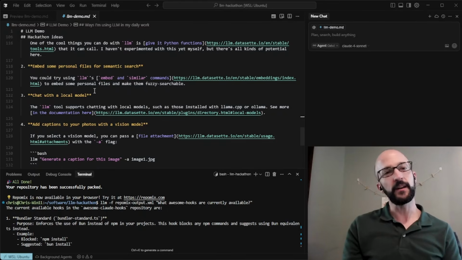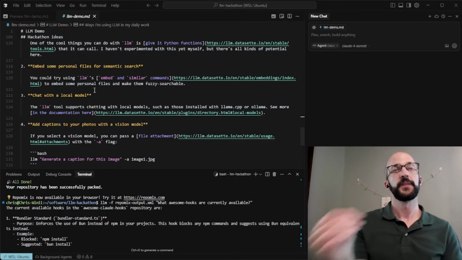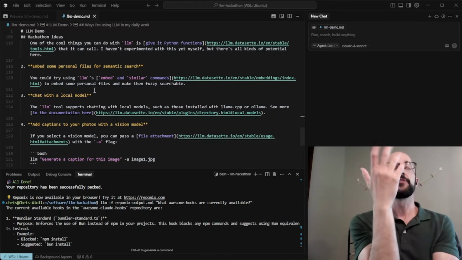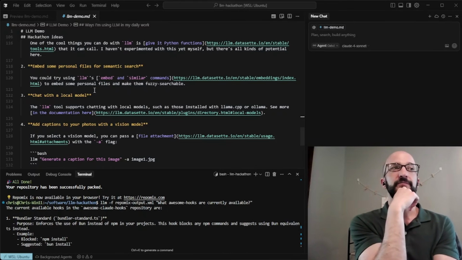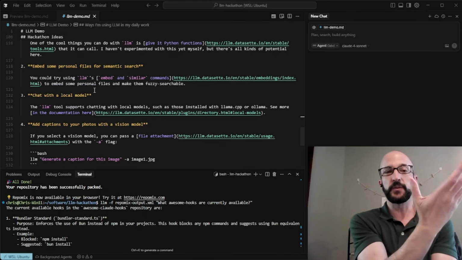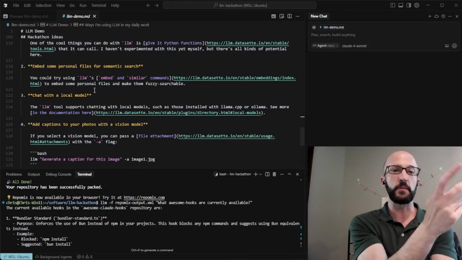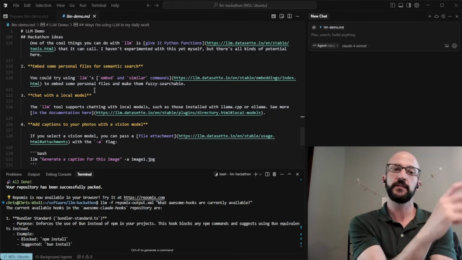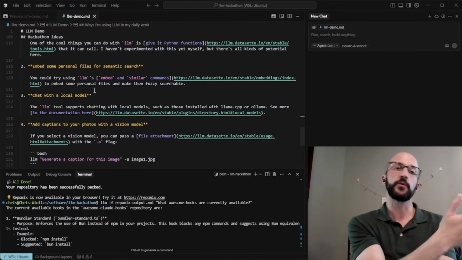Another thing is you can embed files and then run similarity search. Usually if you're going to run vector search, it's quite a complicated process to embed stuff and then to run a similarity search. It's always been a little bit intimidating for me, but here you can do it with just two commands. So you can do LLM embed to embed a chunk of text, and then LLM similar